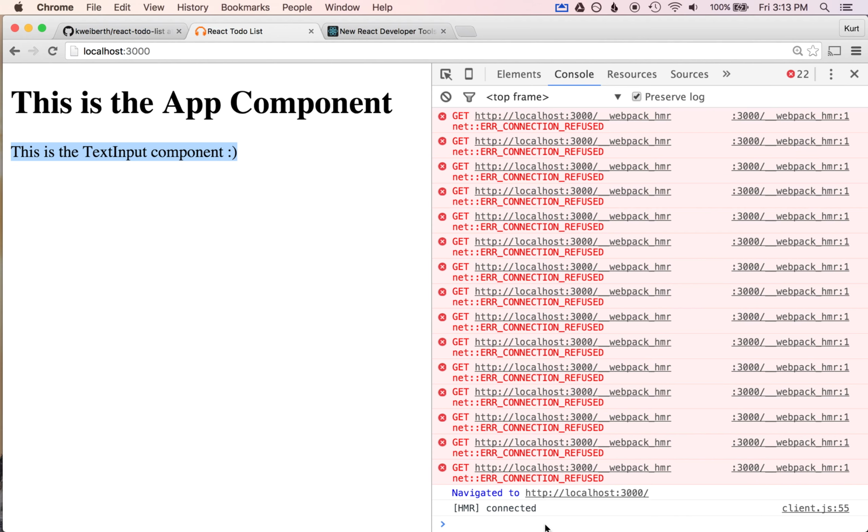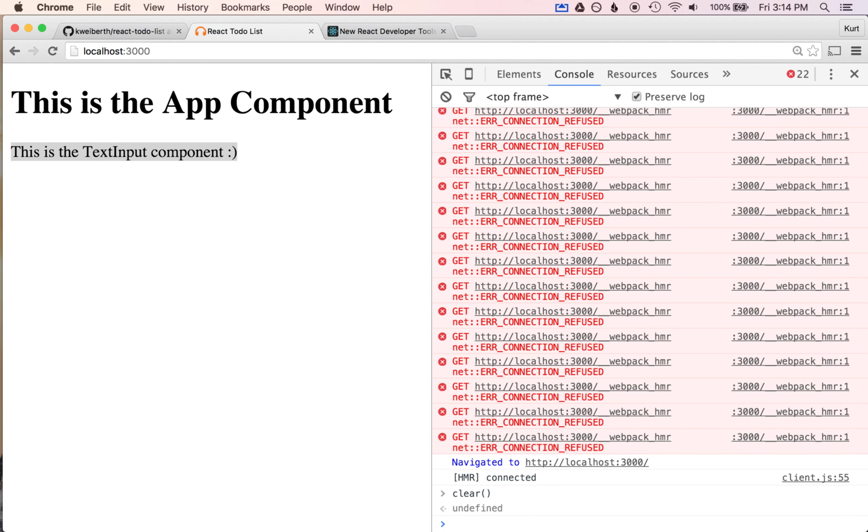Now I think all these errors came up when the server wasn't running. Can we clear this? I don't know why that's not working. Anyway,